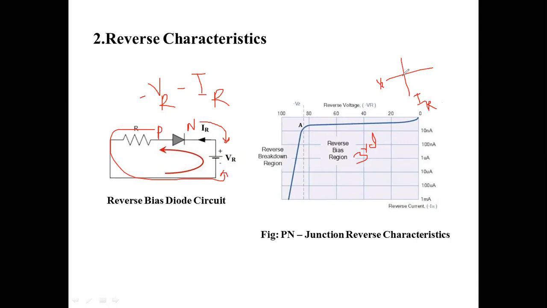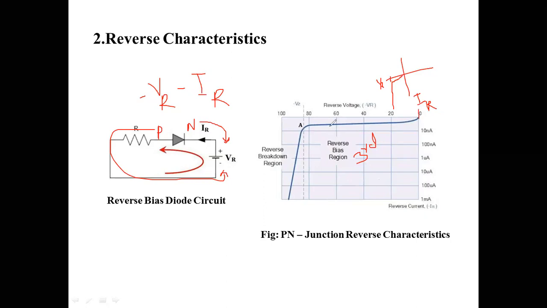Okay, and here you will get the current. It will start decreasing slowly as you go on increasing the voltage, and at some point where breakdown occurs, with a large reverse voltage applied, breakdown occurs and suddenly current will increase in the reverse direction. This is called breakdown voltage, VBR. Breakdown voltage, where the diode junction gets broken down, and then current will suddenly increase in the reverse direction. Okay, this is the reverse bias condition.